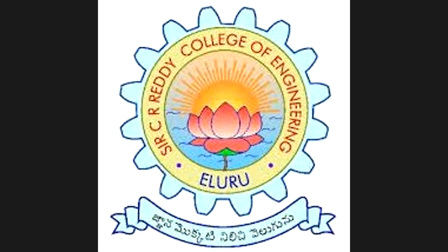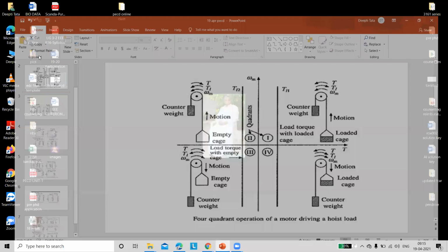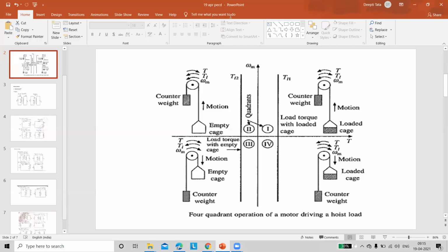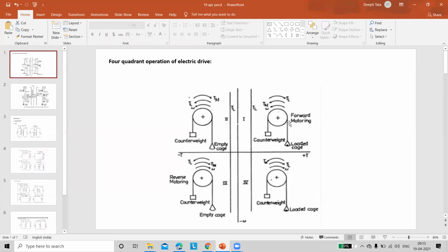In the previous class, we discussed how an electrical drive is operated in the four quadrants. A small topic is left, just a few points. In the first quadrant, the motor is operated in forward motoring mode. Please note down the modes. In the first quadrant, the corresponding mode is known as forward motoring,